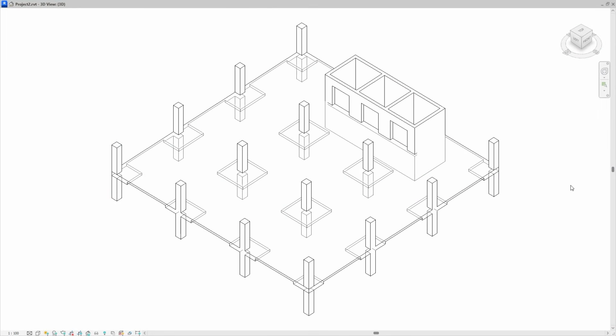slab in Revit. In the next video in this series, we'll look at how to model and detail reinforcement in